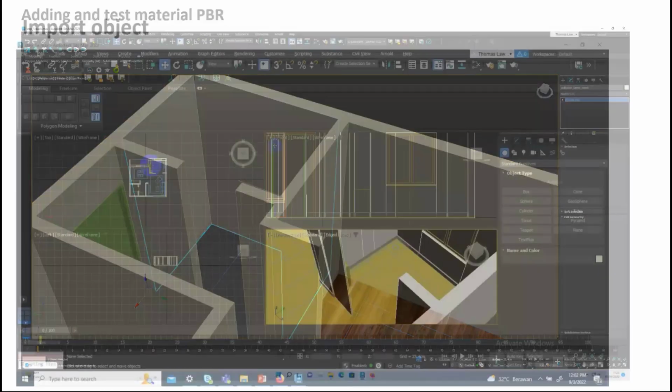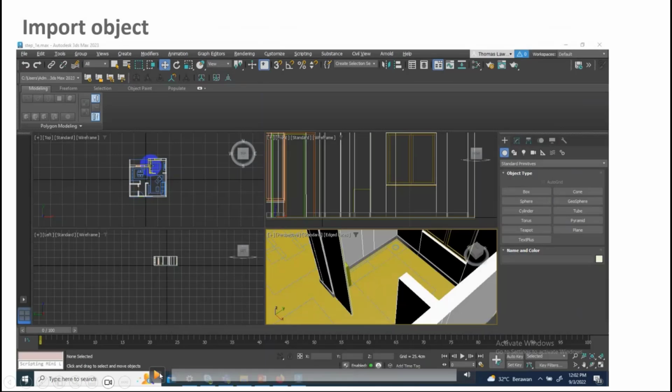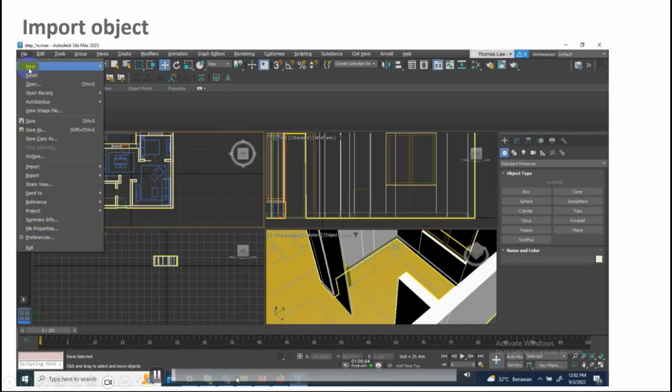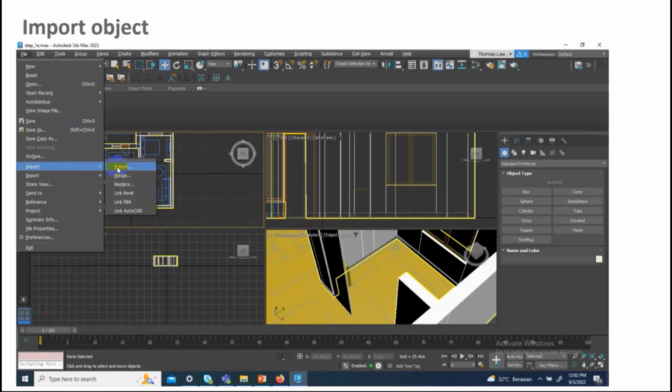So I move to the next one, this is easier. I think just import. Let's say how to import. Many things you can take from, let's say, the TurboSquid website or anything else. Basically I'm using TurboSquid, mostly for free objects. Or even, if you have a SketchUp pipeline in your office, you can now import SketchUp perfectly inside 3ds Max.